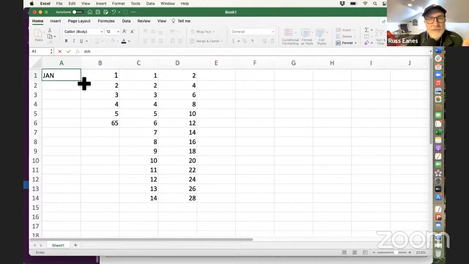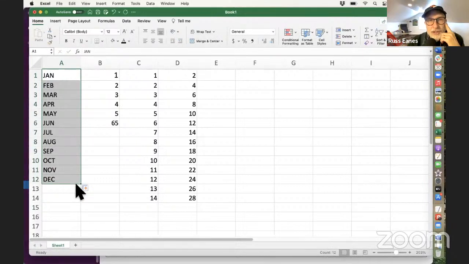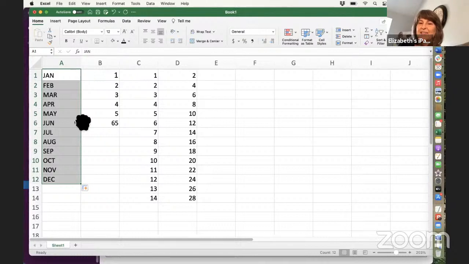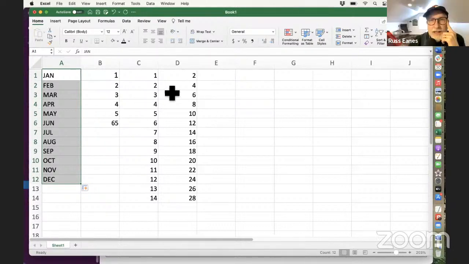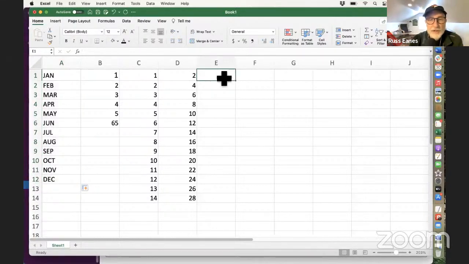So now I grab my fill handle and I pull down, and if it says fill series, which it did, it now has put in January and March. And you can even get it to go into more detail. Let's say you want January 1st, January 2nd. So I do